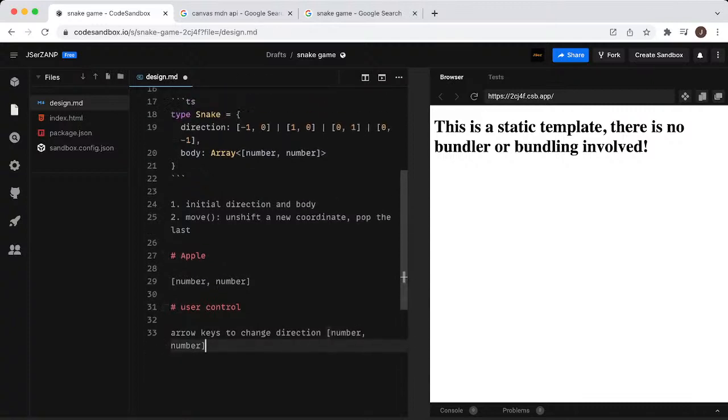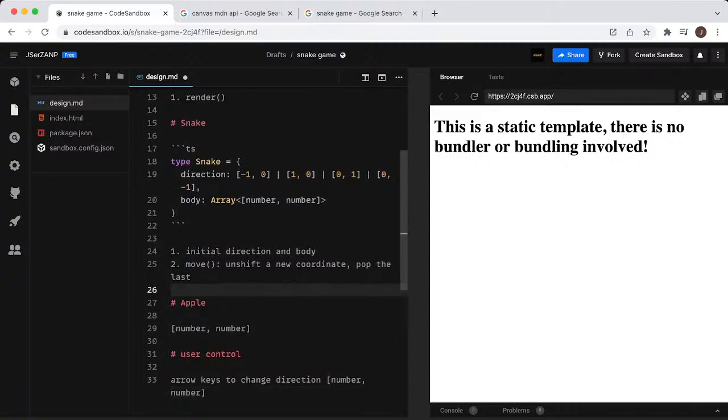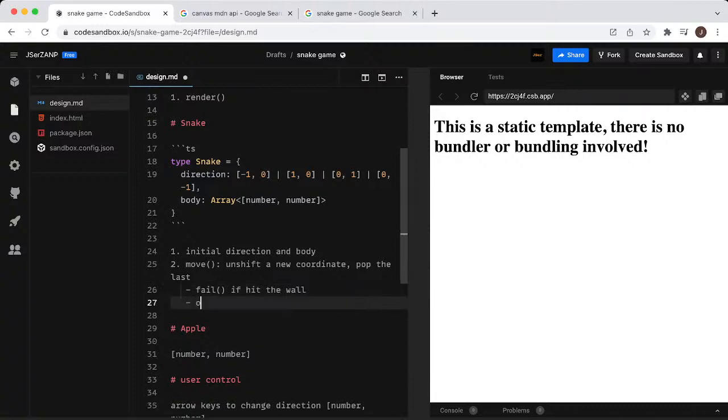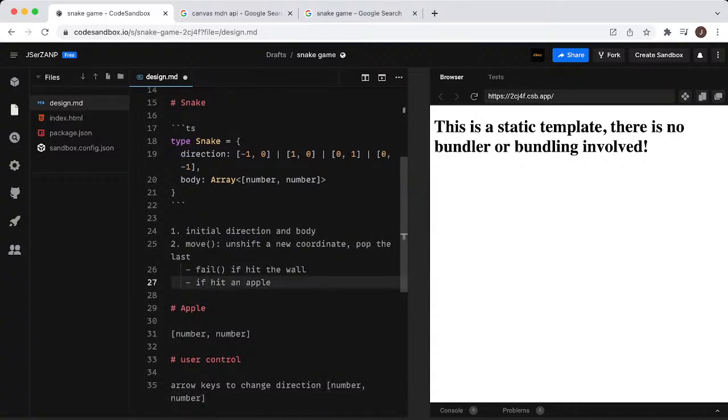I just try to put it in a move. If fail, if hit the wall. If it meets an apple, if hit an apple, only unshift, and